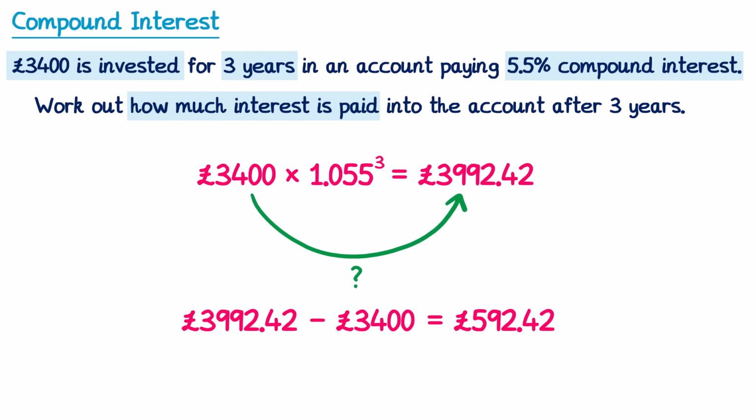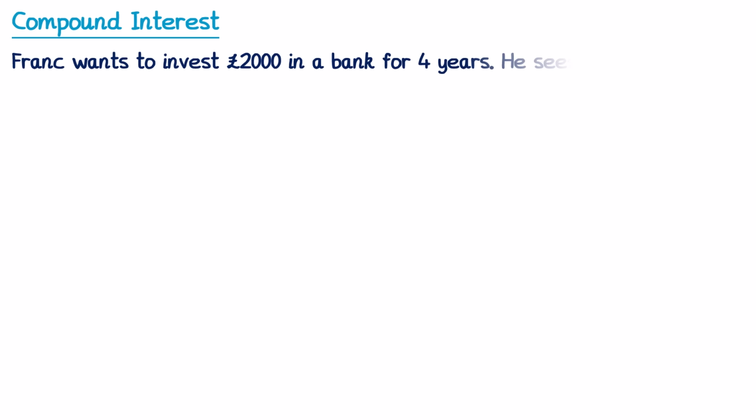£592.42. What you need to understand from this question is there are different answers depending on what you're asked to find in the question. If you're asked to find the value of the investment, it would have been £3,992.42. If you're asked to find the amount of interest, it's £592.42. In this next example, we're told that Frank wants to invest £2,000 in a bank for 4 years, and